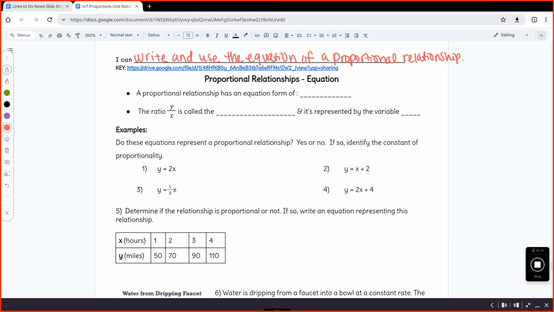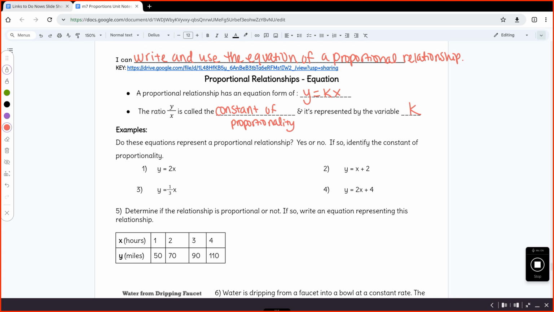Hi there, in this video we are going to go over how to write and use the equation of proportional relationship. Alright, so a proportional relationship has an equation form of y equals kx. The ratio y to x is called the constant of proportionality,